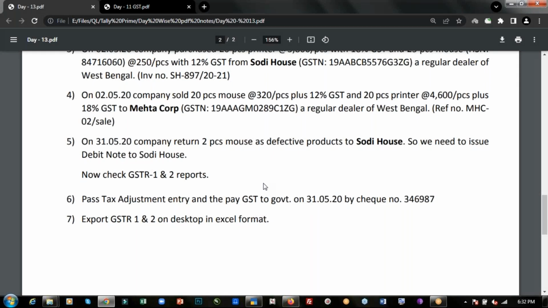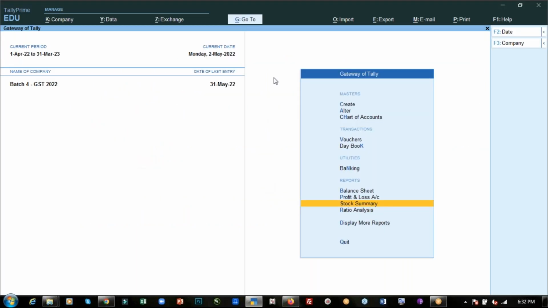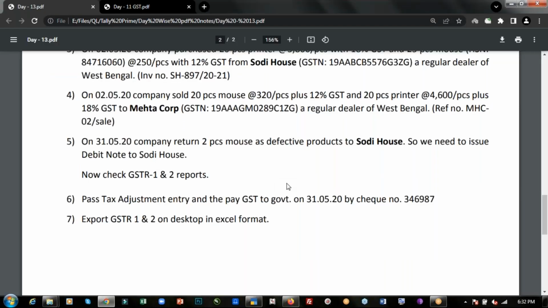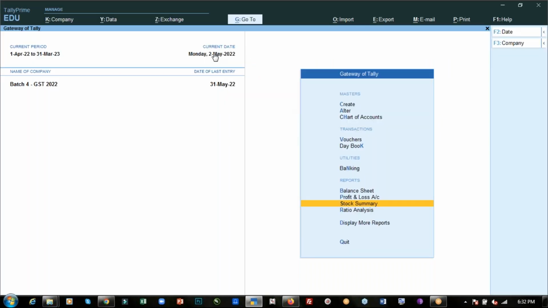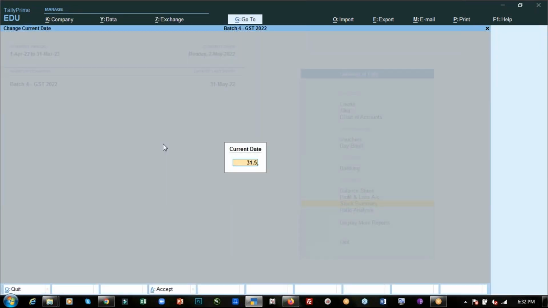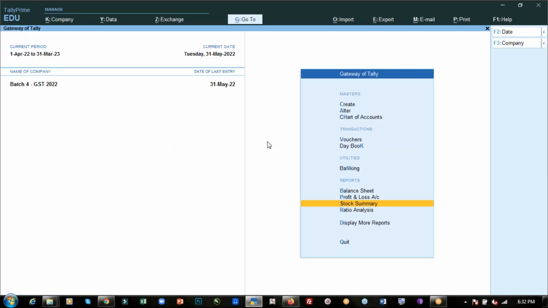To make the GST payment to the government, first go to the Gateway of Tally. Here, change this current date to the same date on which we are paying the GST to the government. We are paying on 31st May, so we have to change this date also. Click on the date and make it 31st May. After that, simply go to the payment voucher,